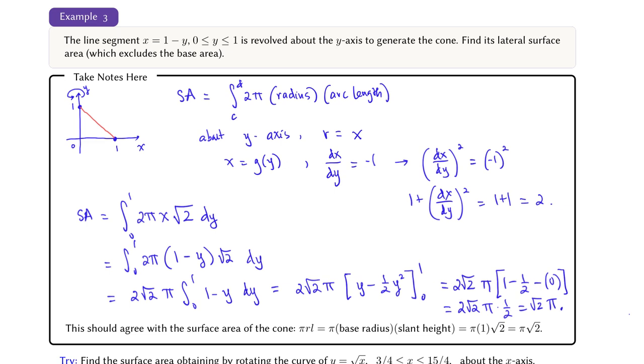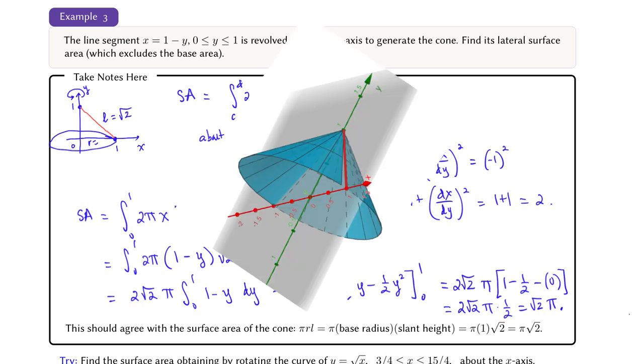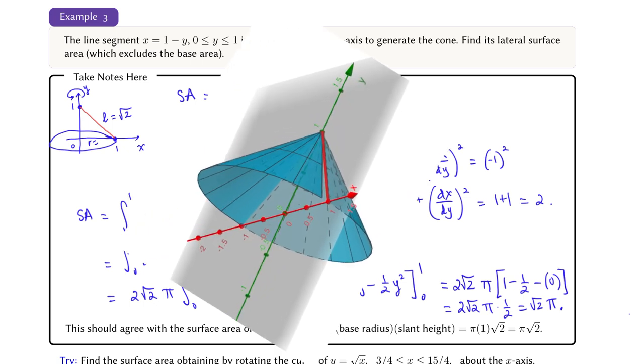This is the exact area of the surface of revolution if we were to rotate the line segment x equals 1 minus y about the y-axis. The result is a cone with the slanted side L equals the square root of 2. We could have obtained the surface area